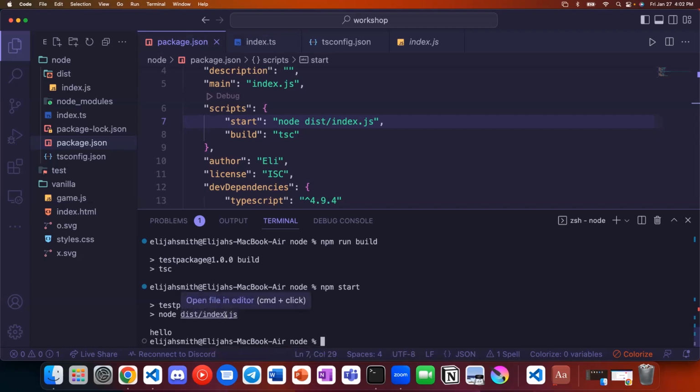So it's pretty cool. TypeScript is really useful. If you're interested in the future, you can use it if you're creating a web browser thing, you can make it a node project and then compile it into regular JavaScript. Or if you're just making something outside the browser, TypeScript is really helpful.